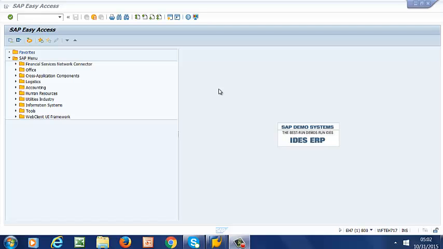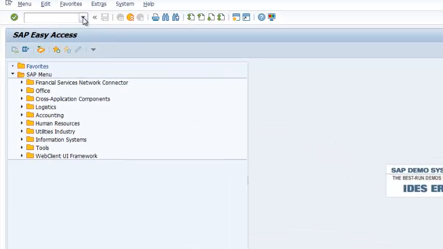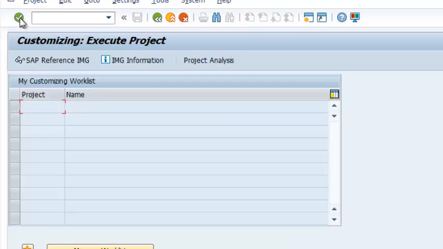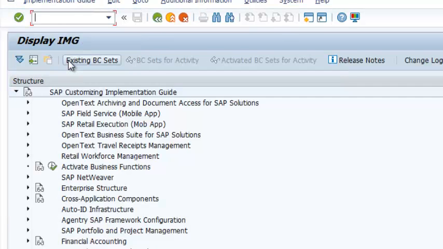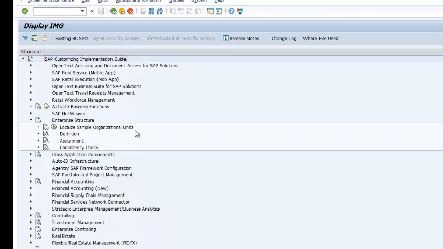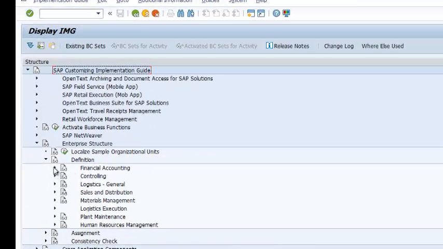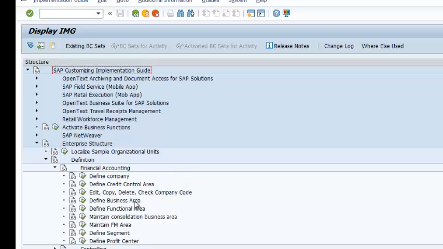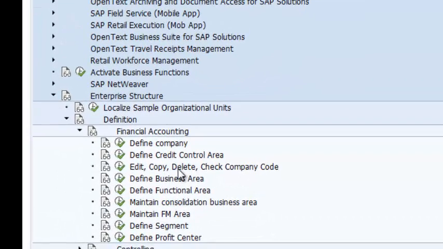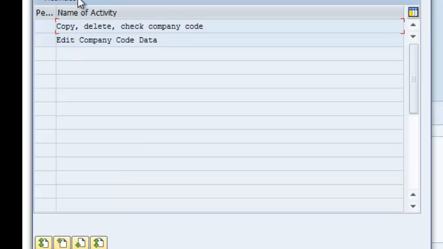To configure the company code, we go to SPRO, then to IMG, then to enterprise structure, then to definition, financial accounting, and then we are going to edit, copy, delete, or check company code. So we select that, and then we are going to go to the second activity. We are going to edit company code data,